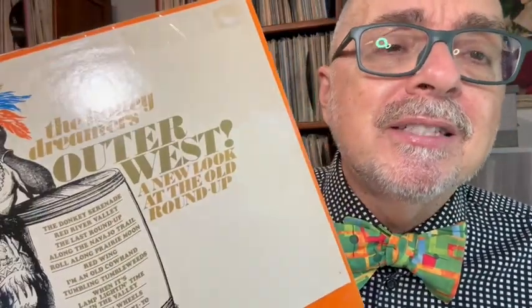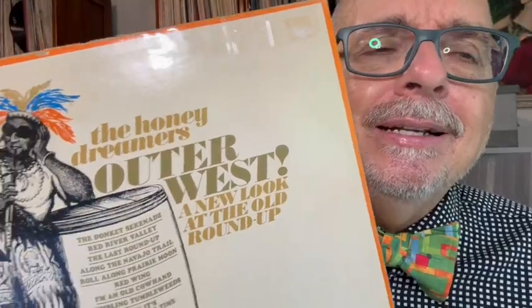But boy, was I surprised. It was not at all what I was thinking. But like I said, I didn't really read the liner notes or whatever. I just said, oh, it's Western songs. It's Western songs, but it's very, very cool, jazzy, big band influenced kind of